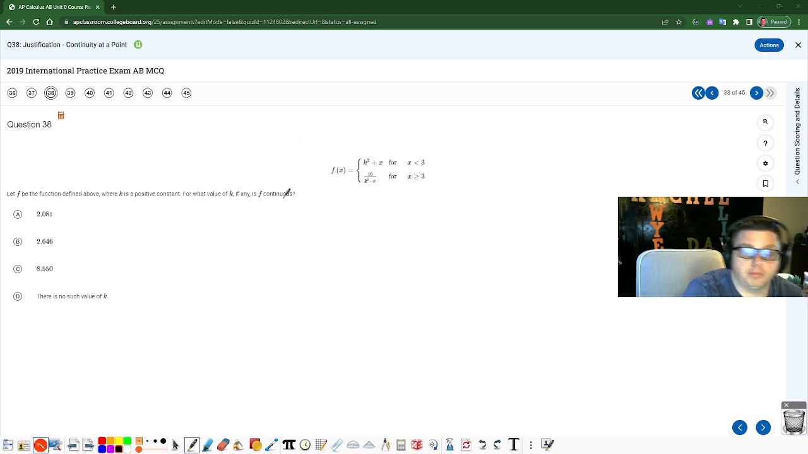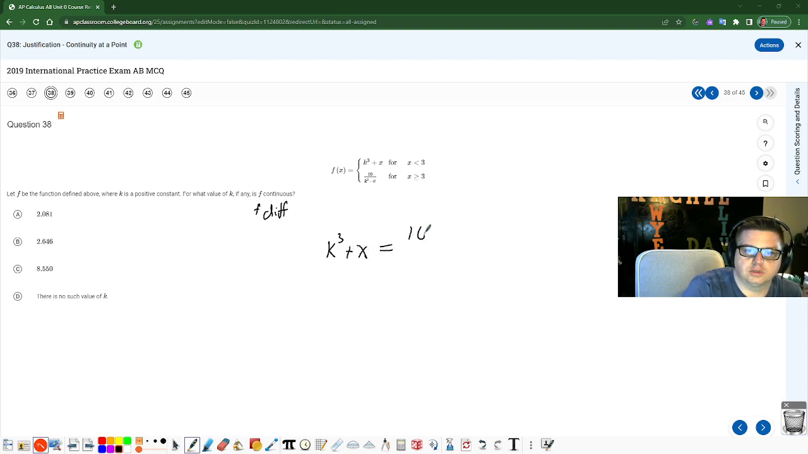Okay, so there's going to be two types of questions. They're going to talk about continuous, and they're going to talk about differentiable. If it's differentiable, that means we need to take the derivative of the top and the derivative of the bottom, set them equal to each other, and solve them. If they're just talking about continuity, we just want to get this one